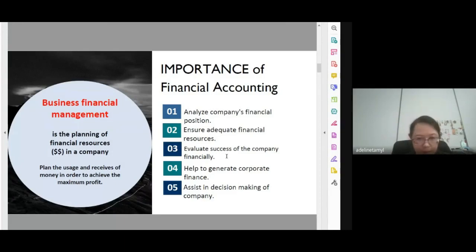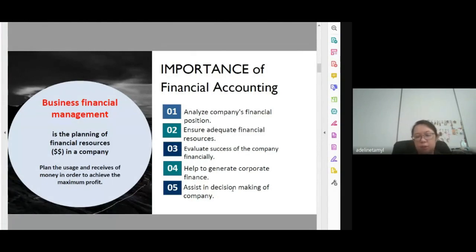by looking at the account statements, and help to generate finance, meaning to get more money for the company, whether you go to borrow money or the company will do investment. All this will help the company to get more money to do investment, and last to help in the decision